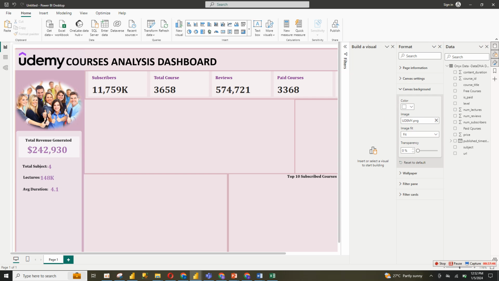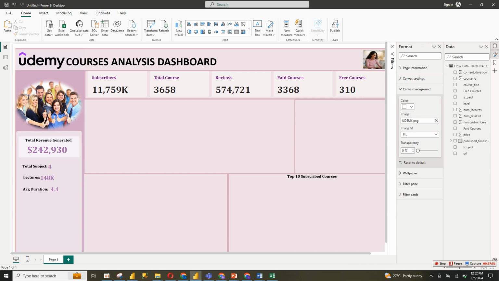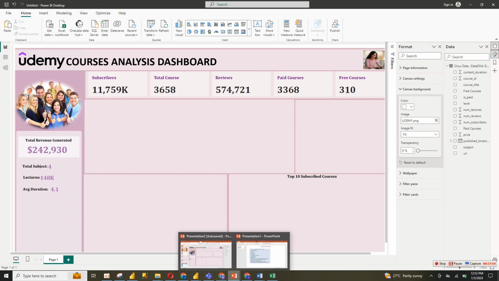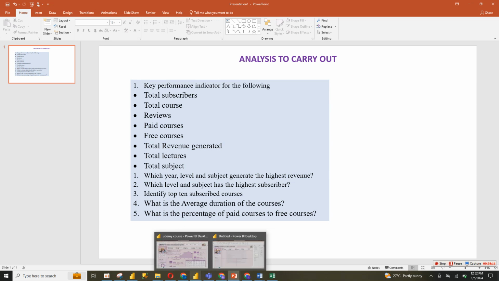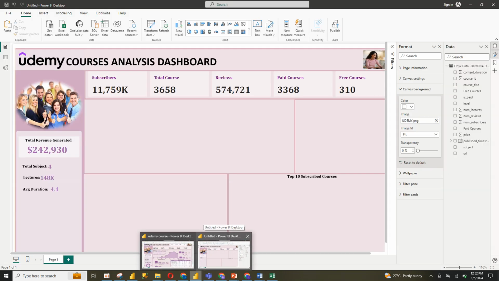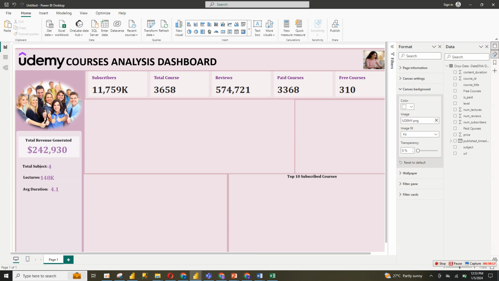So now the next thing, we are done with all the KPI. So the next thing, let's check the next question. The next question says, which year, level, and subject generate the highest revenue? So now we need to do revenue by year, revenue by level, and also by subject. So I'm going to be doing first revenue by year, and I'm going to be making use of